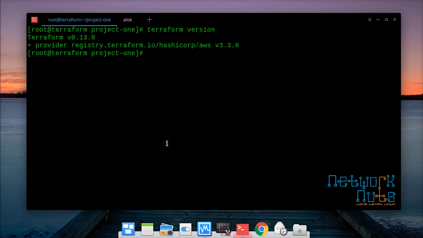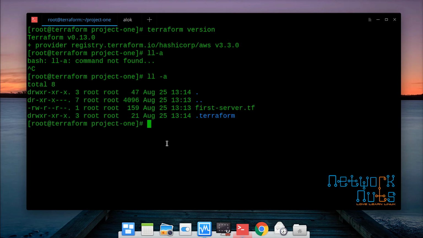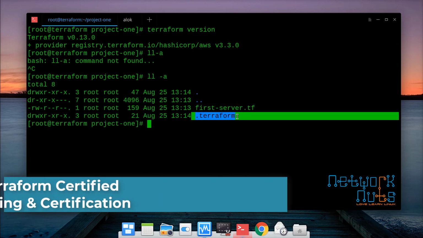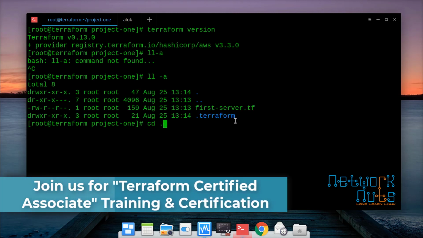Fair enough. So we learned that the moment we give Terraform init in the directory, that particular provider will be downloaded, and where does it go? I just do a control, it goes in a directory .terraform, right? So Terraform automatically creates a directory for you.